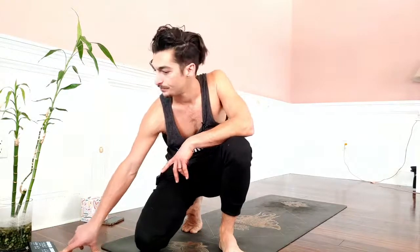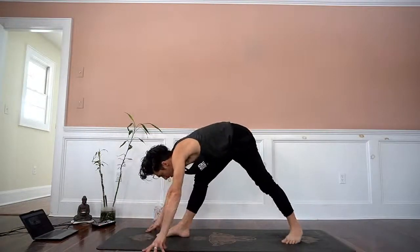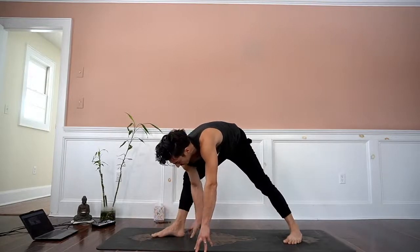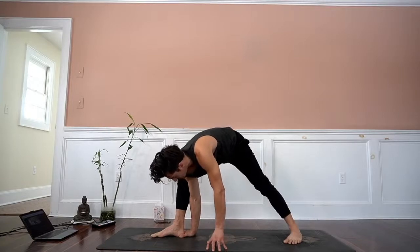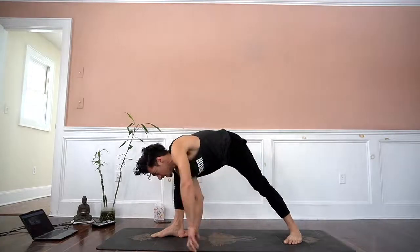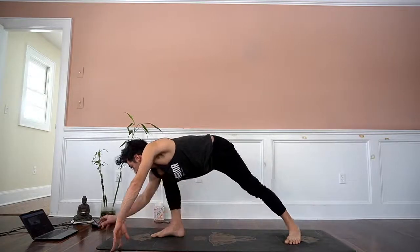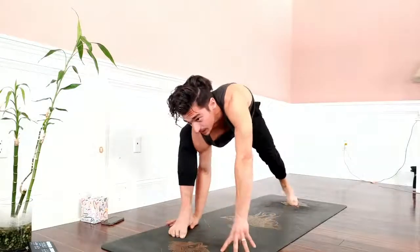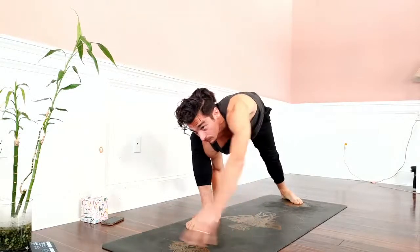Okay, here we go. So that's going to look like this. Just watch me the first round. So the side angle variation is you're going to place your hand either on fingertips or flat palm behind the heel. And you take your left hand diagonally forward, on the inside. Maybe this will help. Just like this, rather than off to the side. Then you just transition